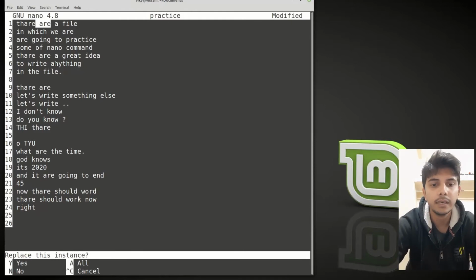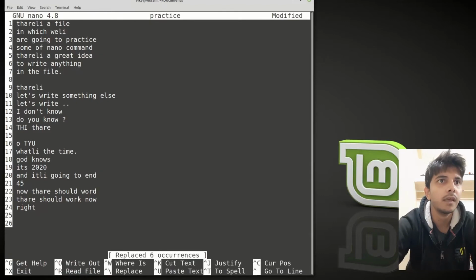Let's say I again want to change all instances, so I will press A. Everywhere it was written space are, it is replaced with li. So space has also been replaced, and I should have used space li. So this is about replacing the characters.